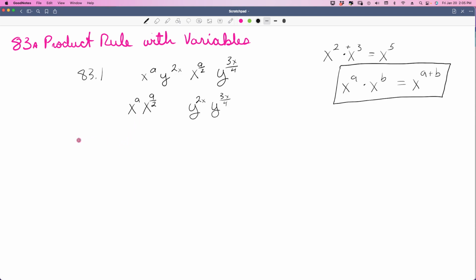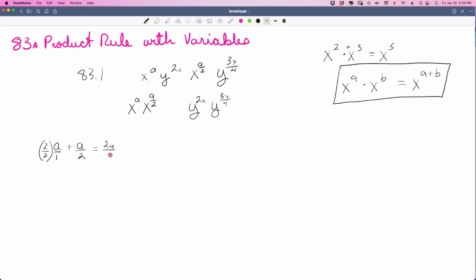So all I'm going to do is treat these exponents as if they are a math problem. And I'm going to say a plus a over 2. So I know how to resolve this. I know how to add these together. I have to give this one the same denominator as this one. And the way I do that is by multiplying 2 over 2 times a. And I'm just going to put it over 1 and treat it just like it's a whole number because that's what it is. So then what I end up with is